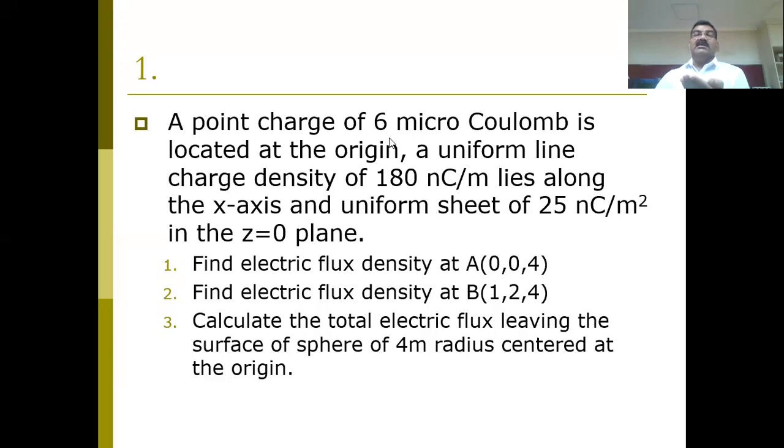So you will get this point charge, and this line charge is again calculated as the charge in terms of nanocoulomb or microcoulomb, whatever it is. And this surface charge is again calculated in terms of coulomb. So all the charge, 1, 2, 3, how much charge is enclosed in the radius of 4 meter, total charge you say, and you can apply the Gauss law.